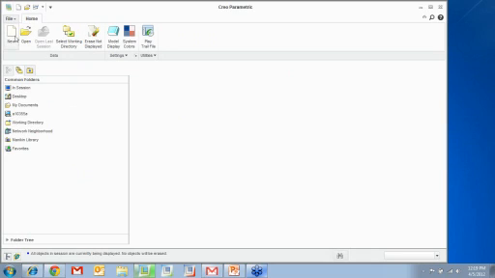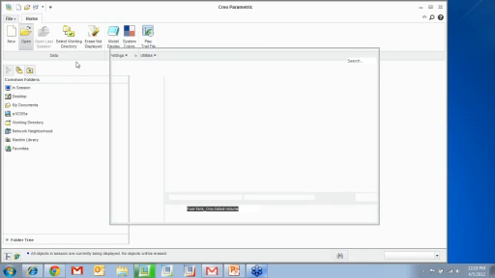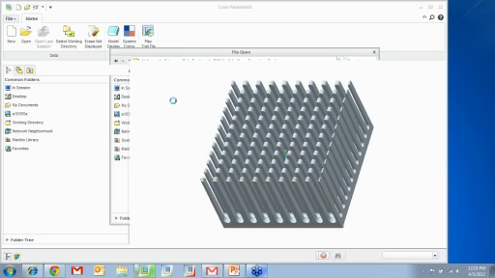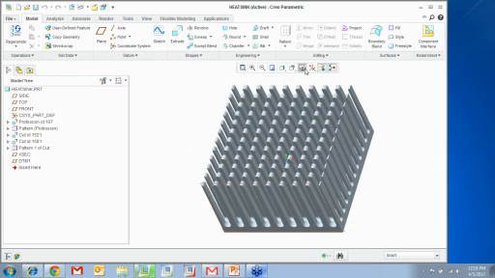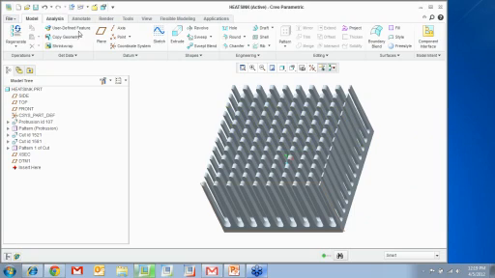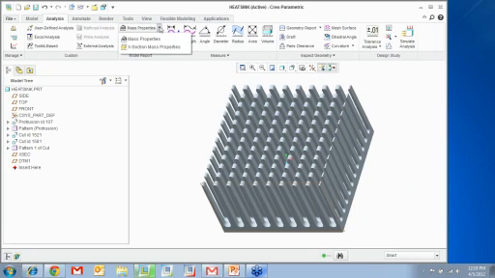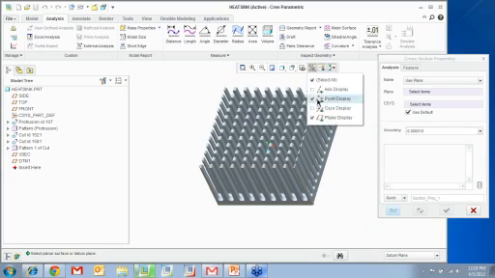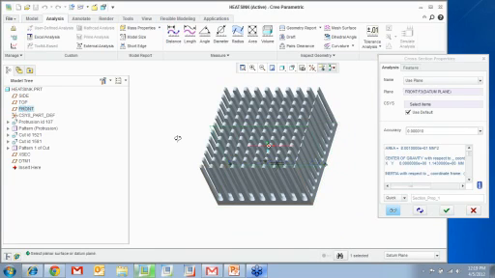Next thing that I want to talk to you guys about is section mass properties. So if you create a cross section, say for example this little heat sink, and I have a cross section created right there. So that's my cross section. When you run mass property analysis, you can dig in this particular tab and say section mass properties. And here you can choose to use a datum plane, say top plane, or the front plane,